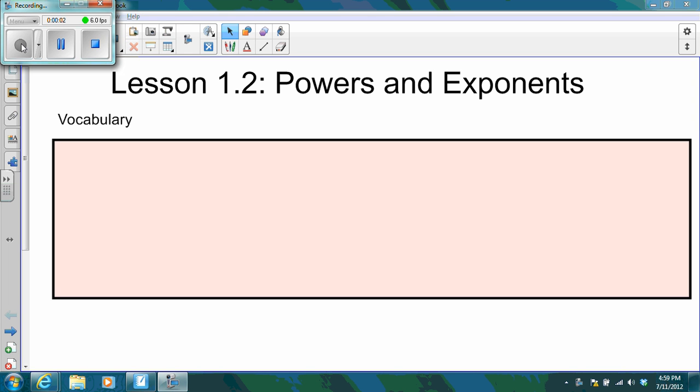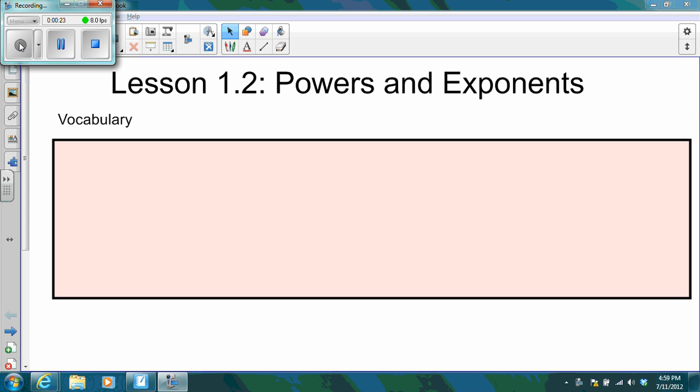This is lesson 1.2 on powers and exponents. Remember that you should be taking notes in your math rules notebook and completing all the practice problems in the lesson for homework and bring them with you to class tomorrow. Also, any questions you may have, you should record while you watch the video so we can address them tomorrow